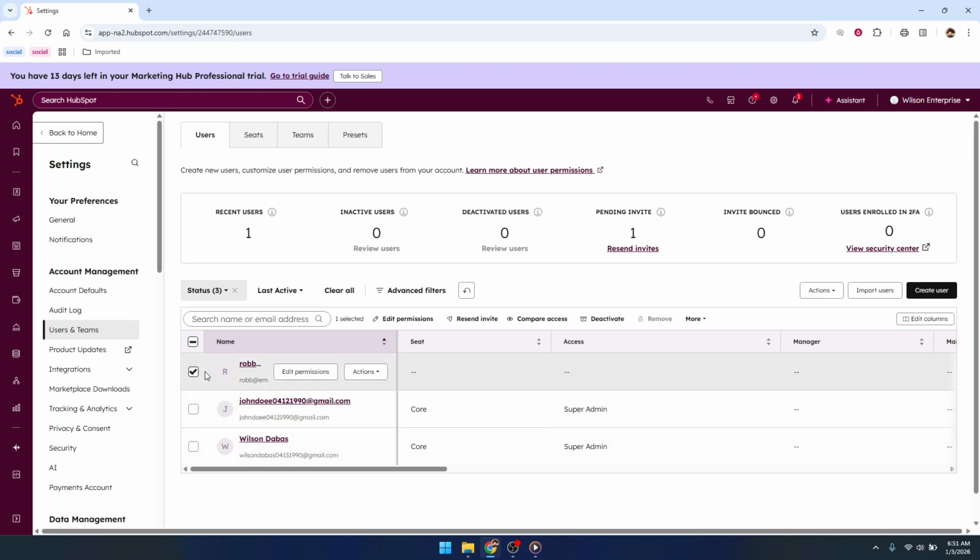At the top of the table, click Remove from Account. HubSpot will show a confirmation pop-up to make sure you really want to do this. Review it carefully, then click Remove User to confirm. That user will lose access to your HubSpot account while your records and data remain in the